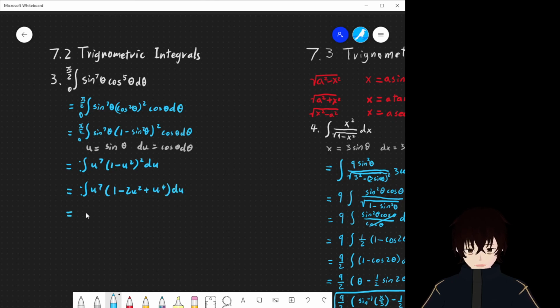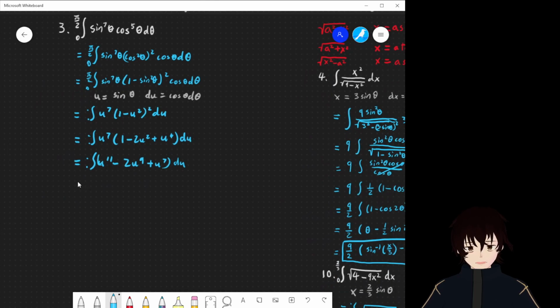That turns out to be the integral of u to the 11th power minus 2u to the 9th power plus u to the 7th power du. Integrate that, we get